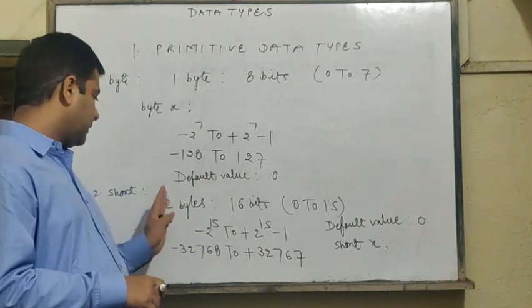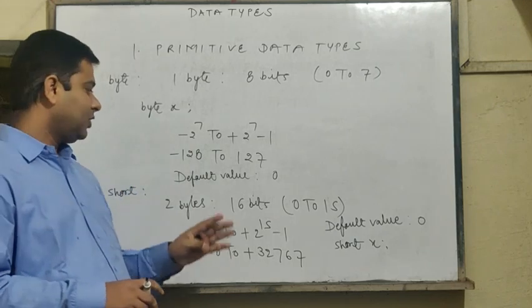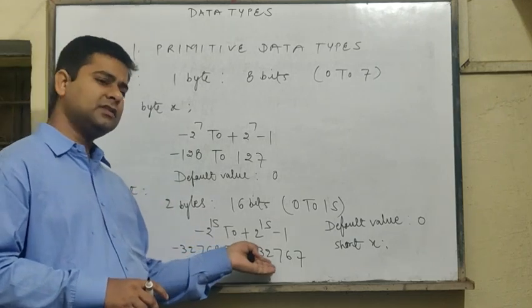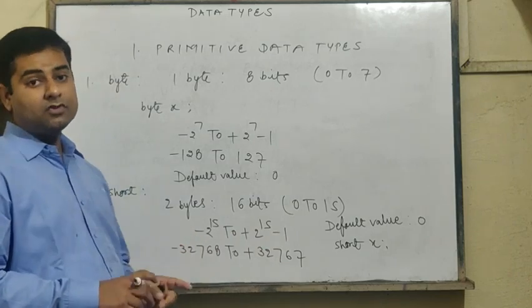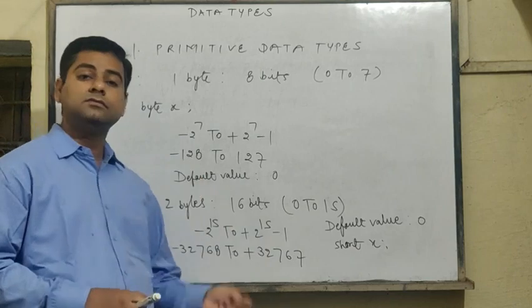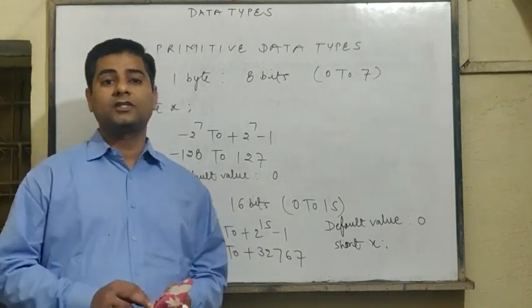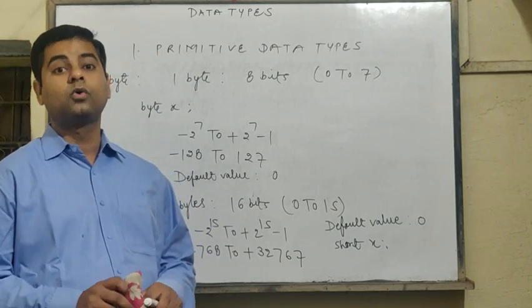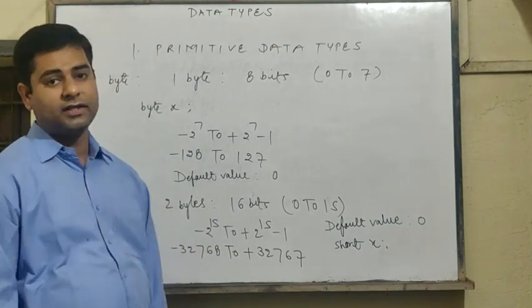So the two data types I have just explained, byte and short. In short data type we can store the values in thousands, up to 32,767. This is the maximum value, this is the minimum value. Now suppose you are getting your answers more than 32,000. Suppose you are getting answers in lakhs, 80,000, 90,000, 1 lakh, 2 lakh, 3 lakhs, crores. Then you cannot use short data type.